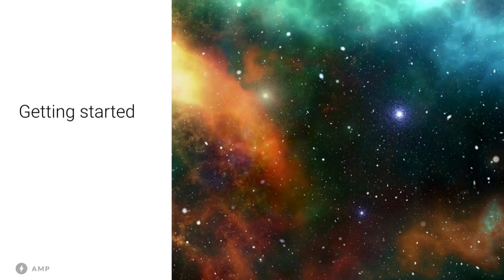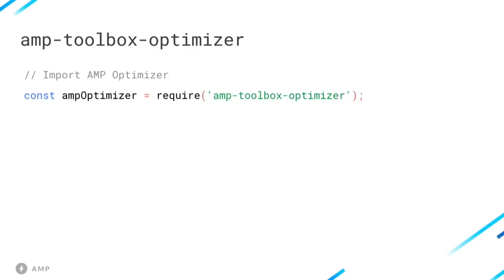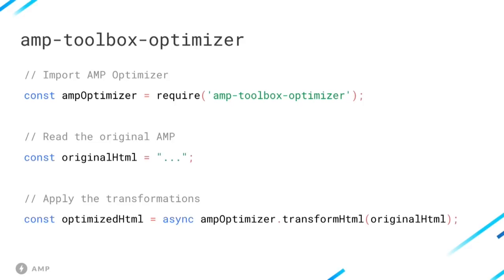So I hope to have everyone excited with this now. So let's see how to get started. AMP2Box Optimizer is currently provided as an NPM package, so developers can integrate this directly into their build process, Gulp, Webpack, or even the command line. Implementation is simple. So first, import Optimizer into the project, load your AMP page, and call transformHtml to generate